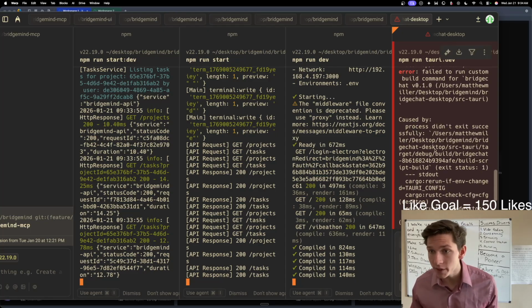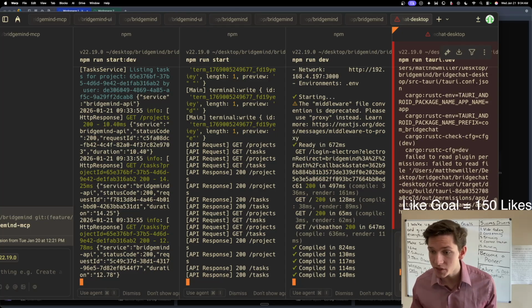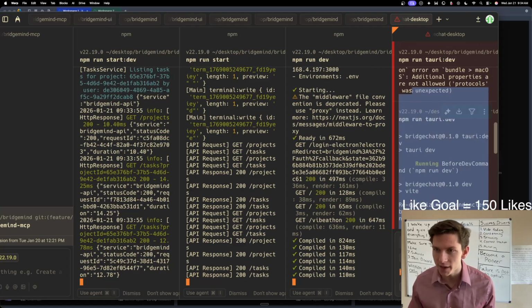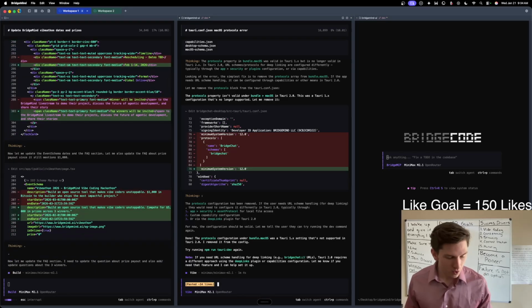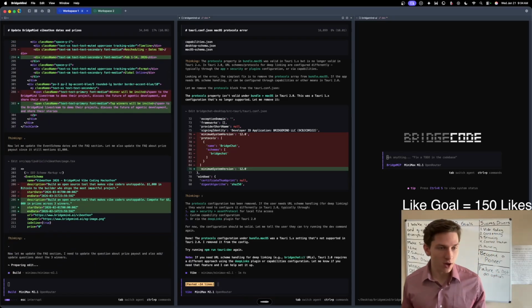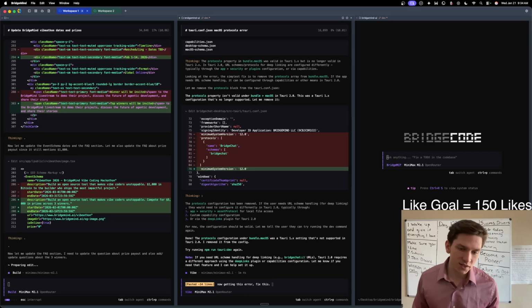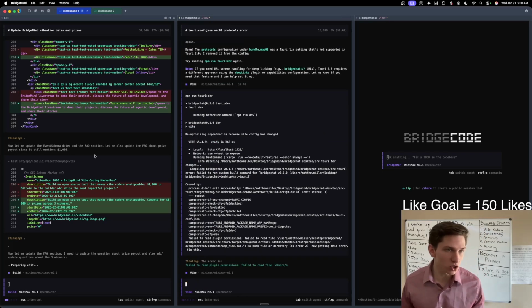Okay, it fixed that issue, but now there's another issue. So let's now copy this issue and fix it. But it was able to fix that initial issue. So let's now paste in again this new issue. I am now getting this error. Fix this. And you can see that this agent on the left is still working, and we'll be able to